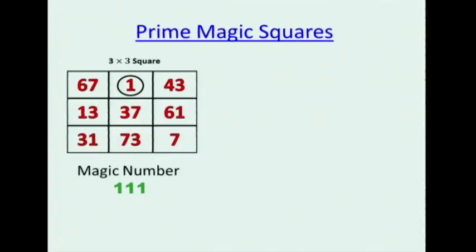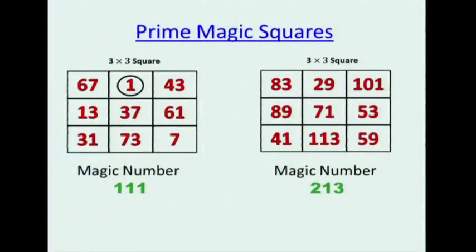But it used to be. In fact, 1 was a prime number up until, well, some people say really up until 1949. So it certainly was considered prime up until the early 1900s. Some of the greatest mathematicians said it was prime, and an argument broke out. Wait, how can 1 be a prime number? Because the fundamental theorem of arithmetic gives us trouble, right? So they changed the definition of prime and said 1 is not a prime number, you have to start with 2. So this is the smallest magic square where 1 is not a prime number, and you have to start with 2. And its magic number is 213.